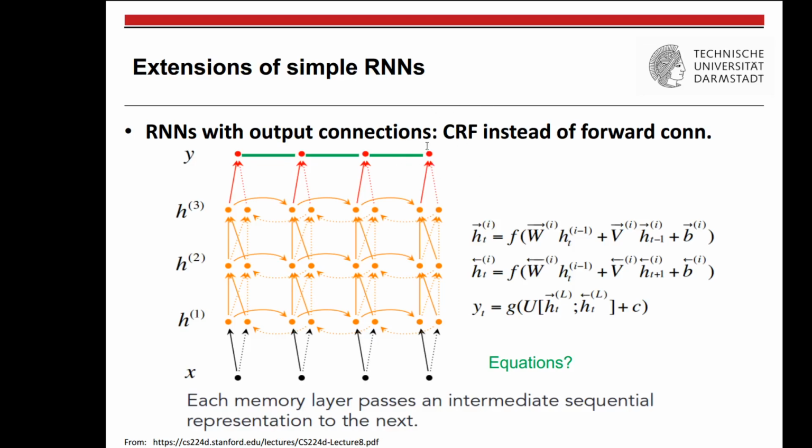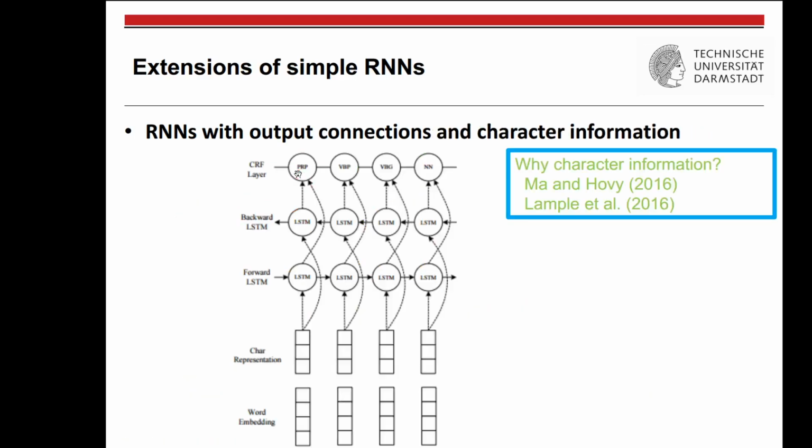So there are different conditional random fields, like lower order, linear chain, higher order, and these make different modeling assumptions, but the essence is that the output sequence that is being calculated is optimal given the assumptions that each of those models makes. Whereas if you have these forward layers, you have no such optimality guarantee, so to speak. So this is a typical model that was very popular in 2016. That's already a long time ago, but this was the state of the art by then. What these people had is